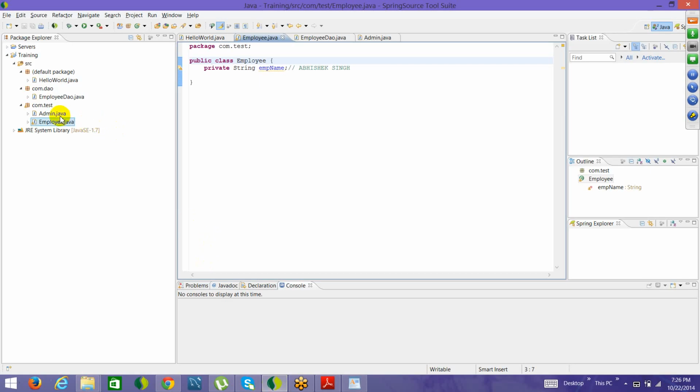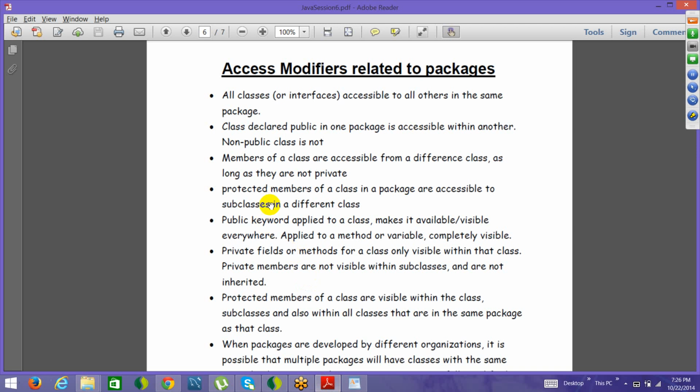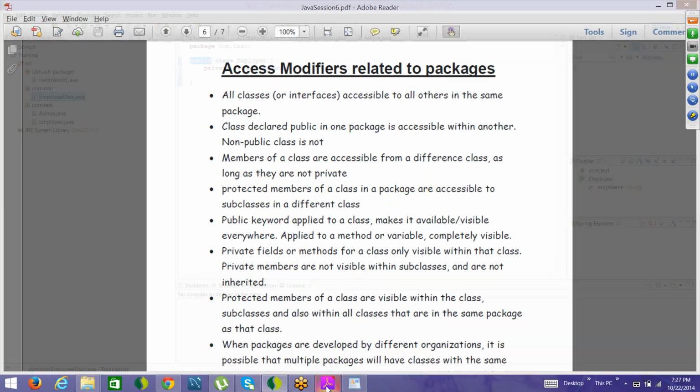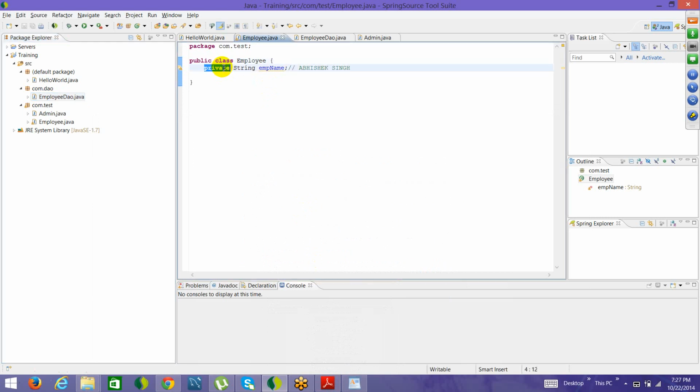What it means is what I explained to you here, right? Say this thing, if I mark it as protected, it will not be visible here. But if it's a subclass, see what is written out here: protected members of a class in a package are accessible to subclasses in a different package. So say Employee, now here I mark this as protected, so ideally this should not be visible. With whatever I told you, it will be present in this particular package, but say if I have